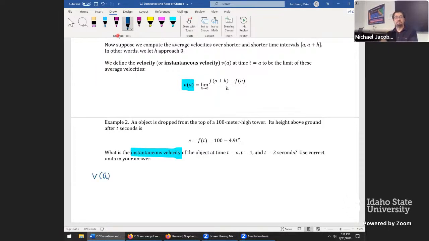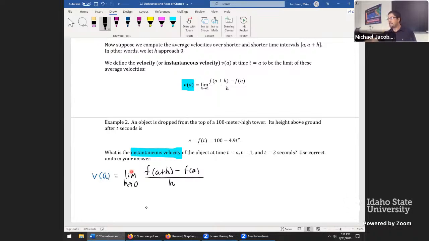A is arbitrary this time, but the good news is, if you can do it at time a, where a is any valid time, you're going to get an answer that involves a, but then you can just swap in values for a. We'll plug in 1 to calculate that limit instantly, and same with plugging in 2. So it's like we're getting a formula for the velocity, the derivative of that function. So let's start off by saying this is equal to the limit as h goes to 0 of f at a plus h minus f of a,